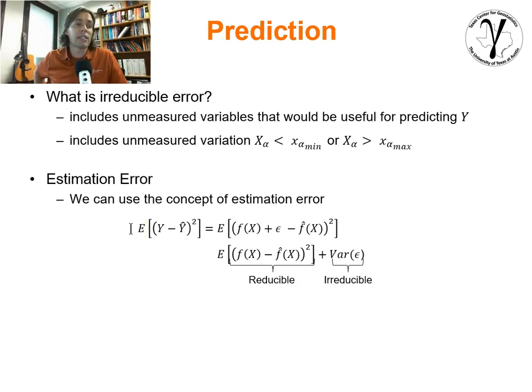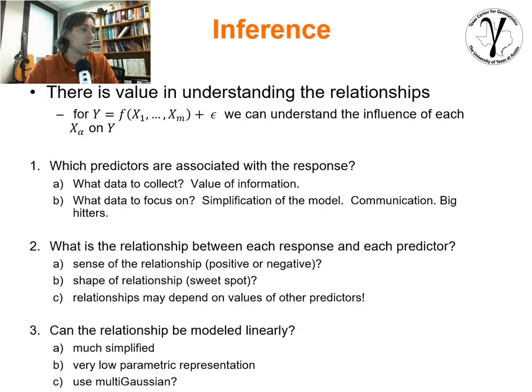Now, the concept of estimation error is the same as we had in geostatistics with the kriging system. We have the expectation of the true value y minus the estimate of y, squared. If we expand that out and replace y hat with our estimator, our function plus our irreducible error, we'd find there are two components: the irreducible component and the reducible component, which is related to our model. More on estimation variance, or estimation error, shortly.